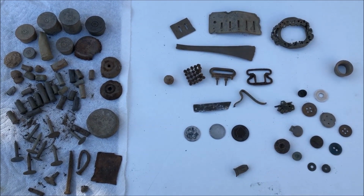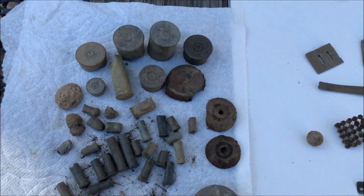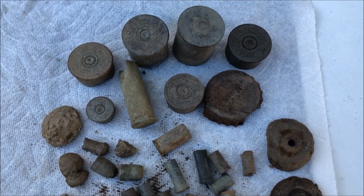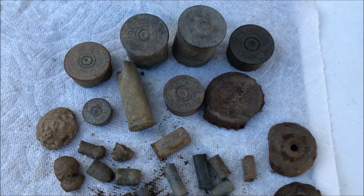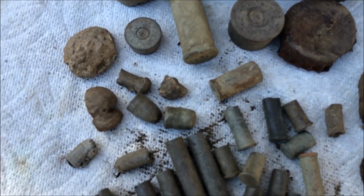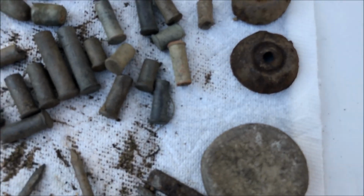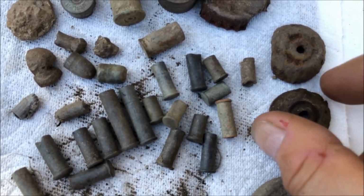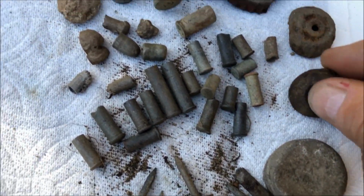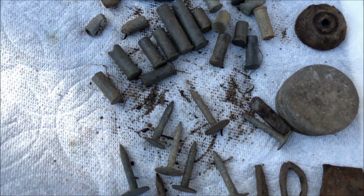And the relic department was a little sparse at this point in time. So you can see when it came to small arms, and this isn't all of them. Some of them got chucked in the bushes or whatever, right? But shotgun butts, a lot of 22 short to long, some various lead, some small lead, some of that got chucked too. I don't know what these things are, to be honest. So you see me dig one of them in one of the videos. I have no idea. They're iron apparently. It's a lid off of something right here, and then these little